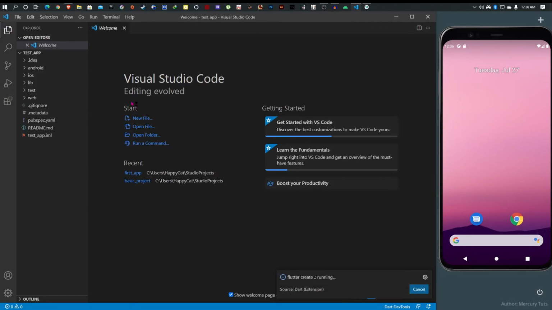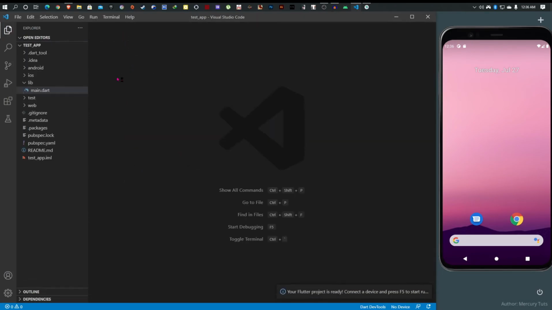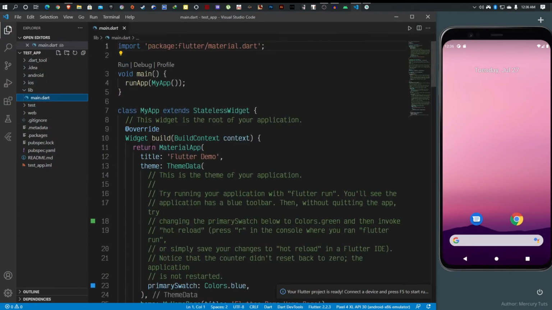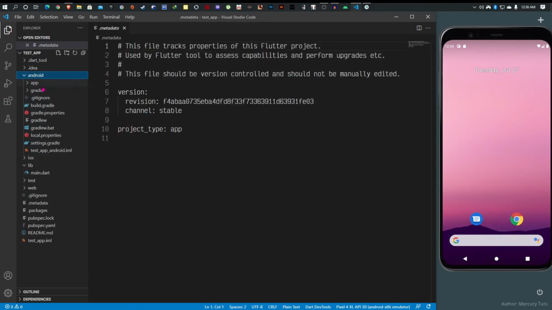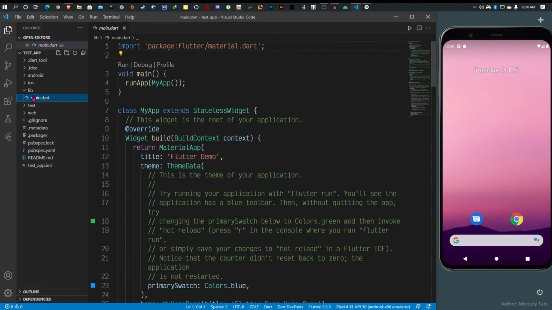So let me close the welcome screen, and this is going to go ahead and then set up Flutter for you. So you can see everything has been set up right here. So this is the main.dart file. We'll talk about this in a later video. Now, how do you run your Flutter app? Make sure that you have the main.dart selected. If you are in any of these, you wouldn't know how to actually run this. So make sure you have main.dart selected, which is usually in the lib, main.dart, and you would have this play